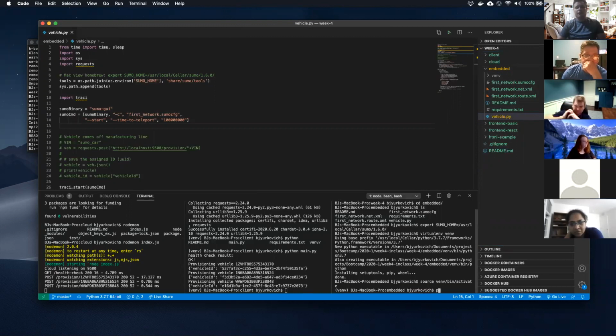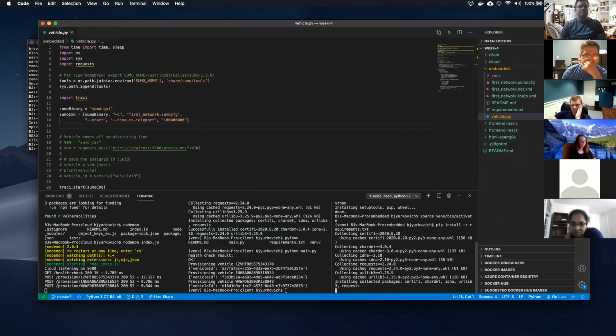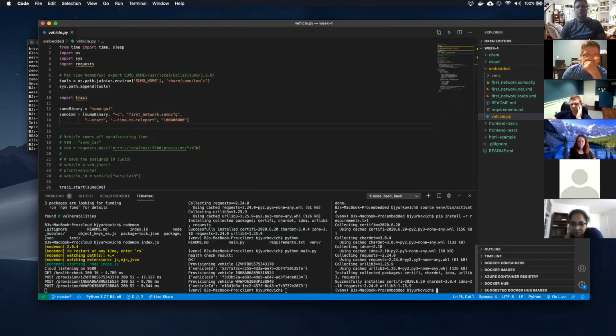Activate that, and then pip install my requirements.